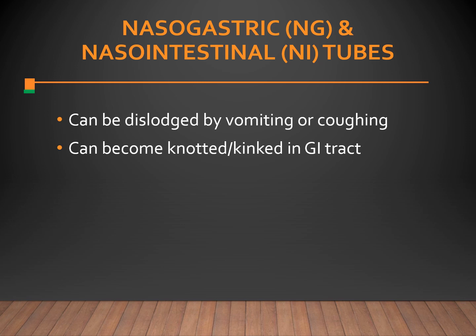The problem with these is they can be easily dislodged by vomiting or coughing, and they become knotted and kinked in the GI tract if they're for long terms. It is due to the smaller diameter. It can be clogged with thick feedings. It is also more difficult to check residual volumes, and especially to obstruct when oral drugs have not been crushed or dissolved in water before administration. This is true for both tubes, but especially in G tubes. So you really want to make sure to crush those drugs well and flush.